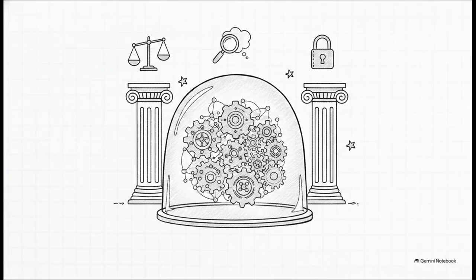Look, when you have systems this powerful operating autonomously, you absolutely have to have strict factory safety standards in place to keep everything from going off the rails. The entire ecosystem has to be wrapped in key governance pillars. We're talking about bias and fairness auditing, strict accountability, and a really important one, explainable AI, or XAI. If an AI executes a critical, life-impacting decision, XAI ensures we can crack the black box open and see exactly why it made that specific choice. Ethical monitoring and global compliance aren't just nice-to-haves, they form a mandatory protective shell around the whole system.